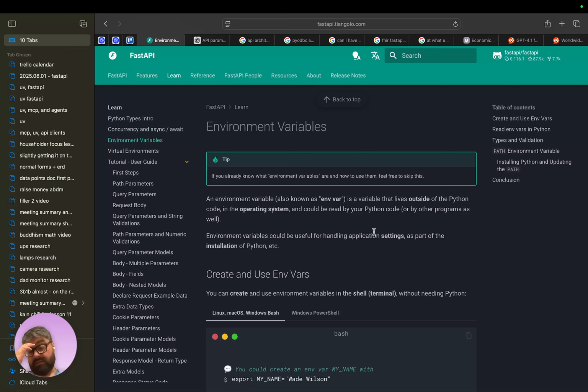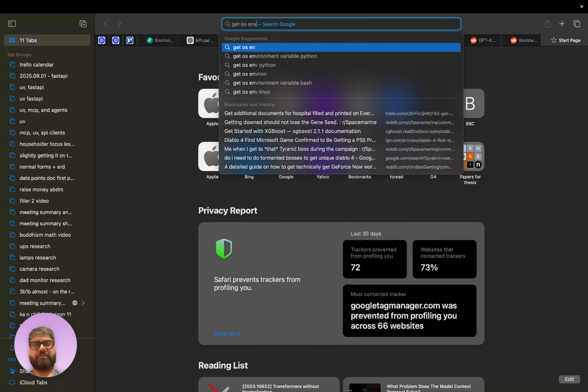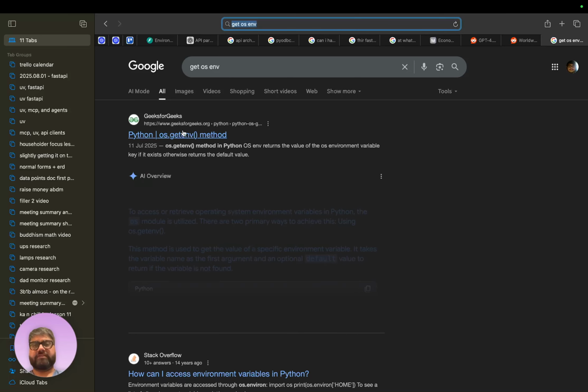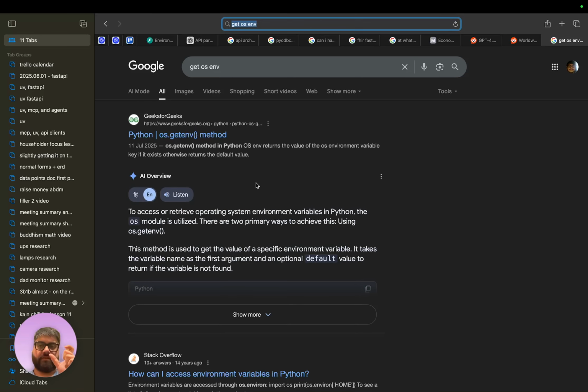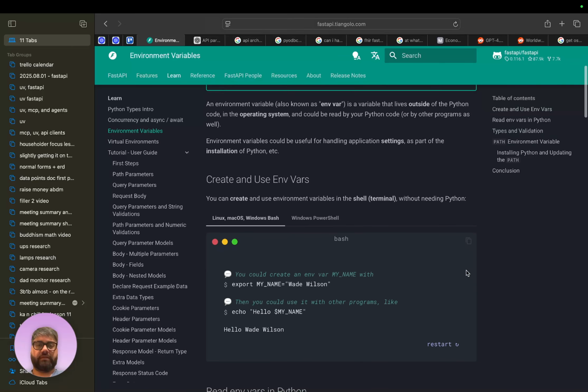In Python, I think it's os.getenv, and you give it the name of that environment variable. To define an environment variable in Linux and Unix, and therefore Mac, it's just export, the name of the variable, equals value. It's pretty straightforward.